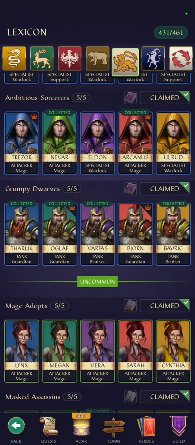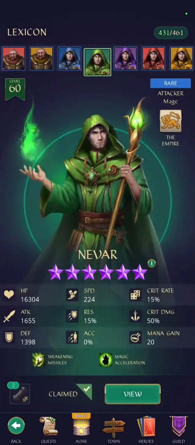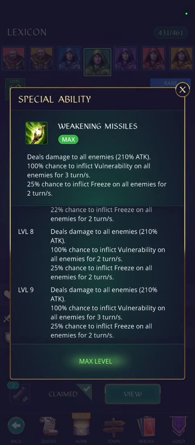Ambitious Sorcerers. We've recently talked about a couple of these. Right, so we did a couple. Navarre and Arcanus. Yeah, so we did some videos on the 2 that we really liked. The other 3 have some potential and can be used in certain areas, but the best out of these are Navarre and Arcanus. Yes. Navarre is an AoE attacker, deals damage to all enemies, 210% of attack, and he inflicts vulnerability on all heroes for 3 turns. And he has a 25% chance to inflict freeze on all enemies for 2 turns. Not a big chance, but...